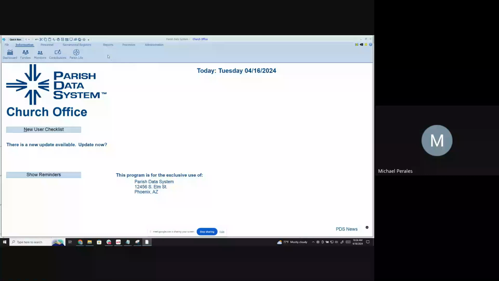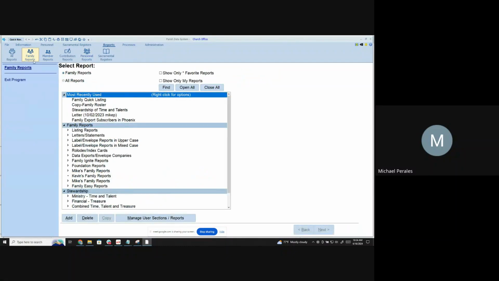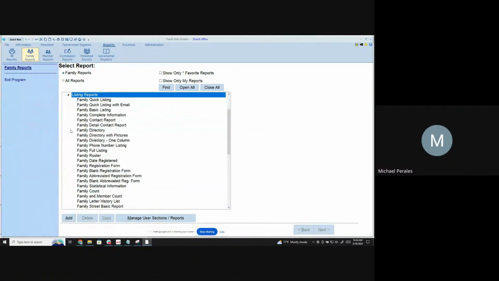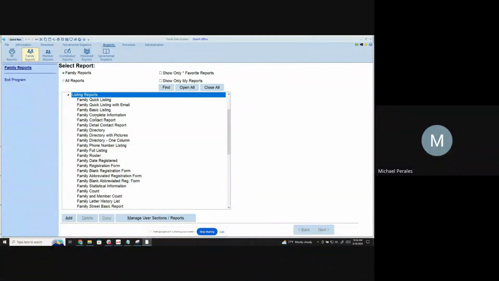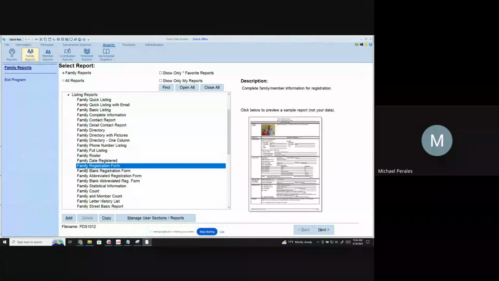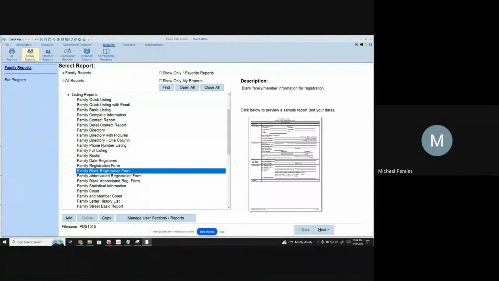Okay, let's go ahead and jump over to our PDS program, and let's go to reports. Now, under reports, we're going to go to family reports. And if I look at my family reports, I'm going to have a bunch of them. I want to go to my listing section. Now, looking down our listing section, about halfway down, we have family registration form and we have family blank registration